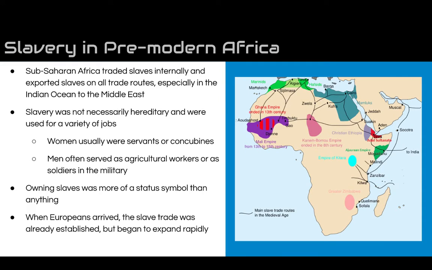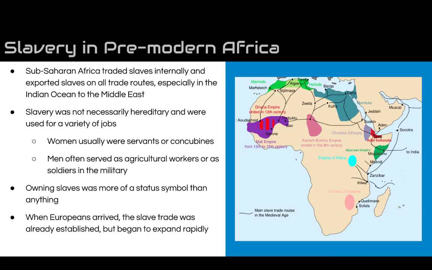Now, one of the major exports that we see in Africa, not only in the Mediterranean or in the Trans-Saharan trade or in the Indian Ocean, is the export of slaves. Sub-Saharan Africa did trade in slaves, and slavery existed in Sub-Saharan Africa well before Europeans arrived. Europeans are going to take it to another level, though. For example, before Europeans arrived, slavery was not always hereditary. Usually it was not. And that means if your father was a slave, it does not necessarily mean that you would be born into slavery.